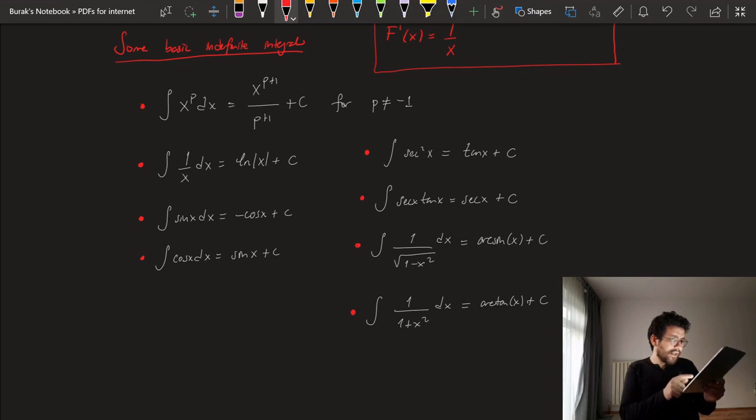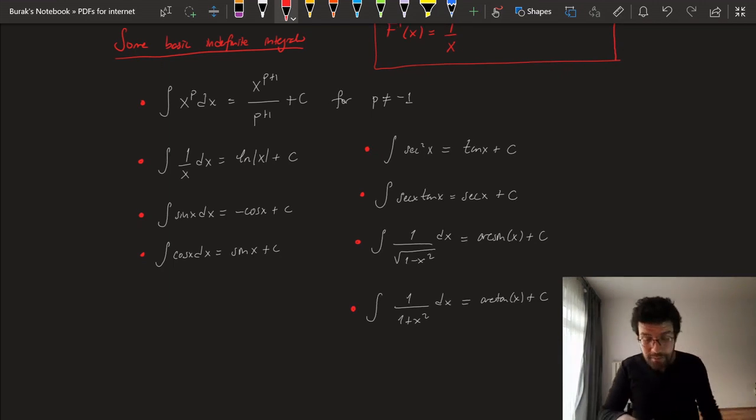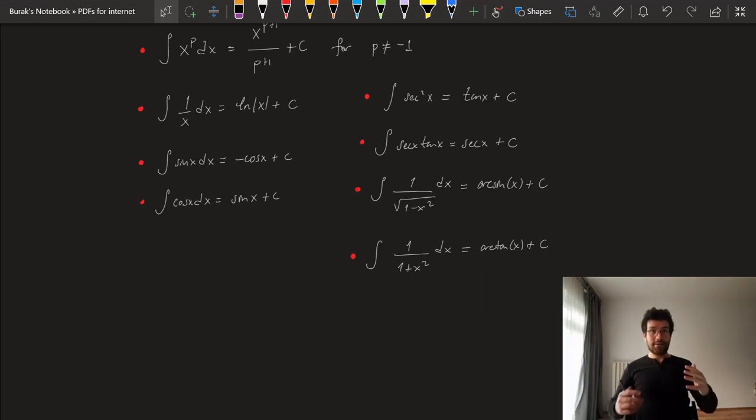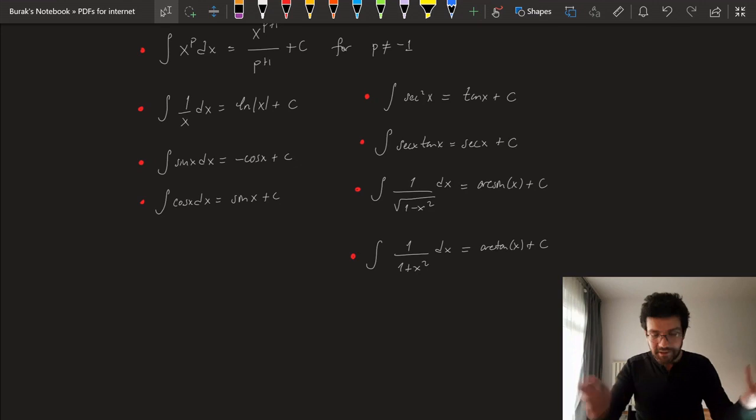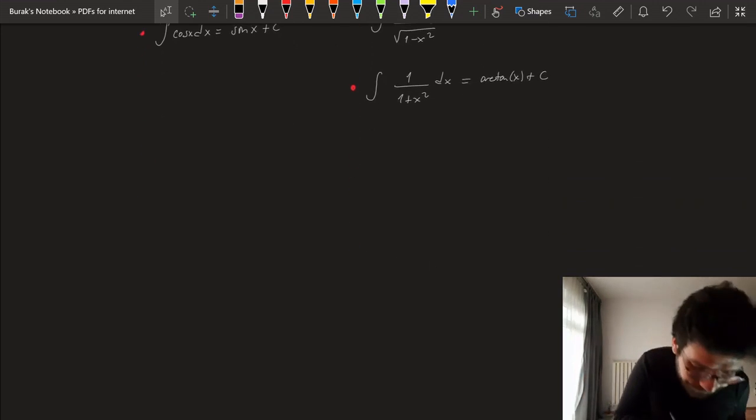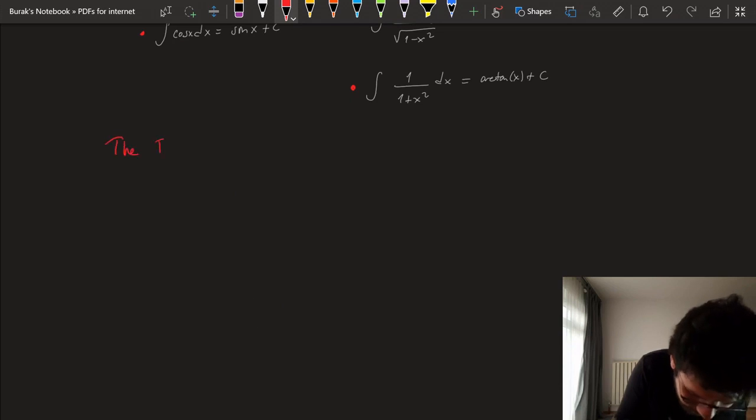I think it's enough that I talked about antiderivatives. Let's now talk about the fundamental theorem of calculus. Well, look at the name, the fundamental theorem of calculus. It's unarguably the most important theorem that you're going to learn in this course because it is the fundamental theorem, and you will just keep using this over and over again without explicitly writing it most of the time. So, what does the fundamental theorem of calculus